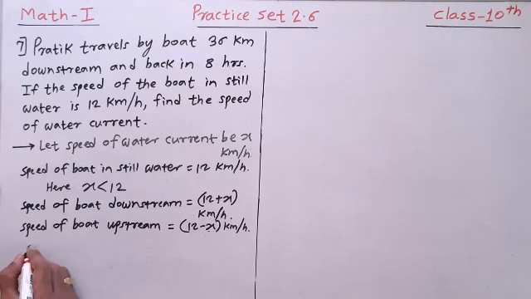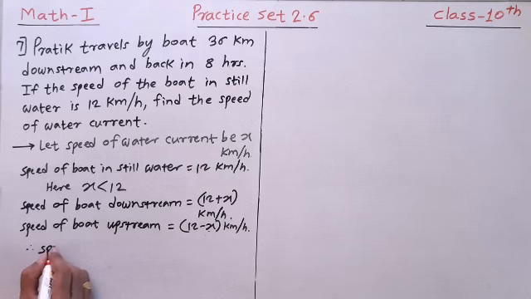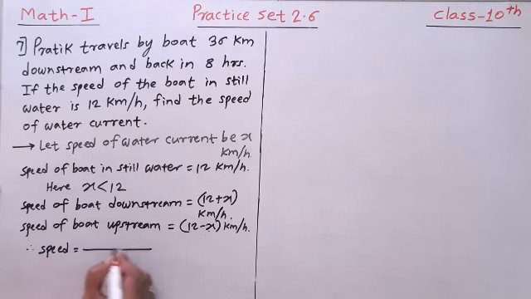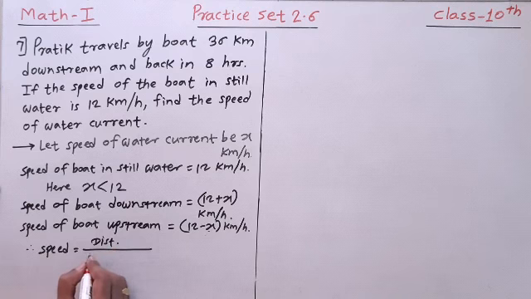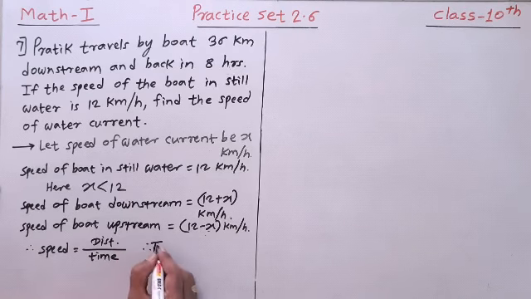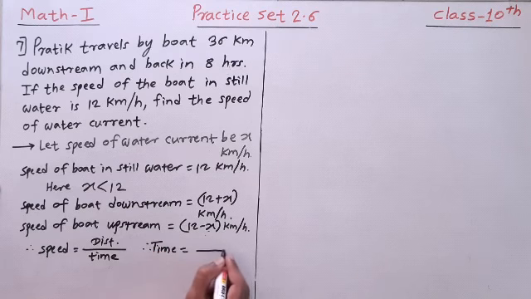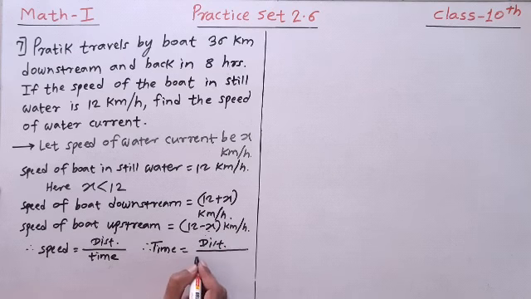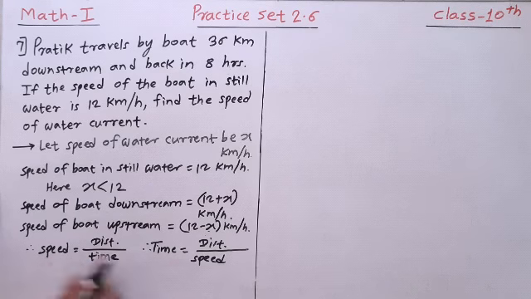Now here we are going to use the formula, speed is equal to distance upon time. You know this formula, and using this formula we can convert it into time. In terms of time, the same formula can be written as distance upon speed. Means the place of speed and time is interchanged here. Distance is at its own place. Using this formula we can write the equation. See, what would be the equation?